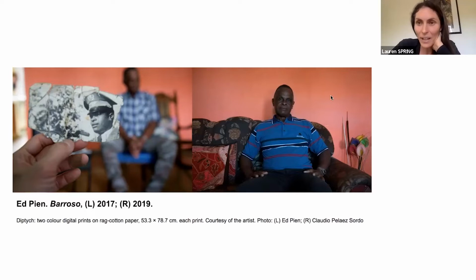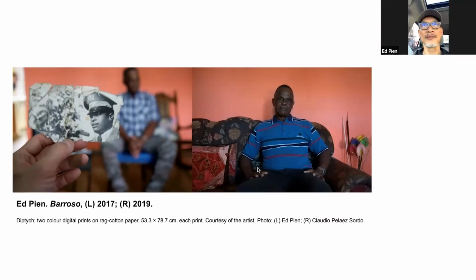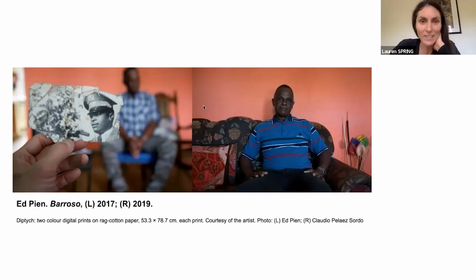So why don't we open this up to the bigger group here and let's take a look at this particular diptych. In this case, there's actually 3 photographs in one art piece here. But when we have these diptychs that in some ways juxtapose against each other, let's just look aesthetically at what we see going on here. Anything that folks notice, you can type into the chat, or you can unmute yourself. What strikes you when you look at this particular image? Anything at all?